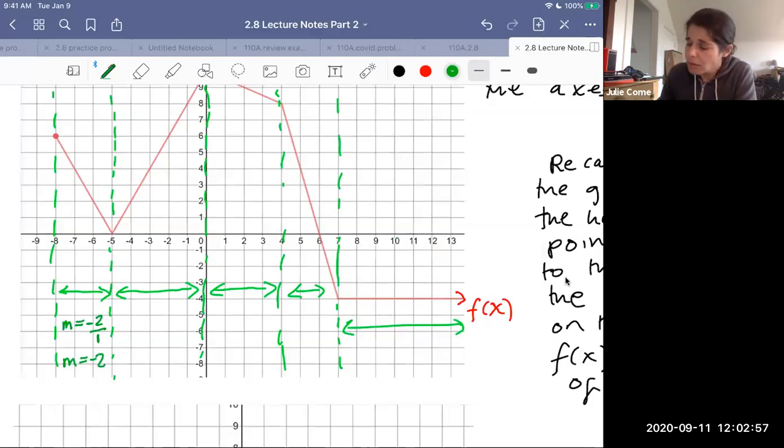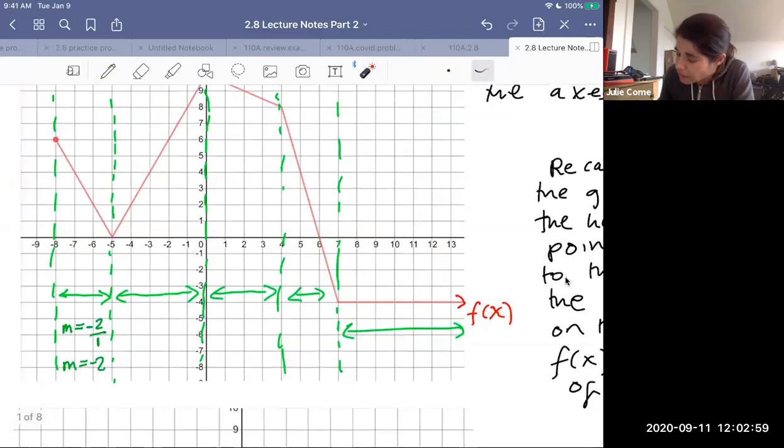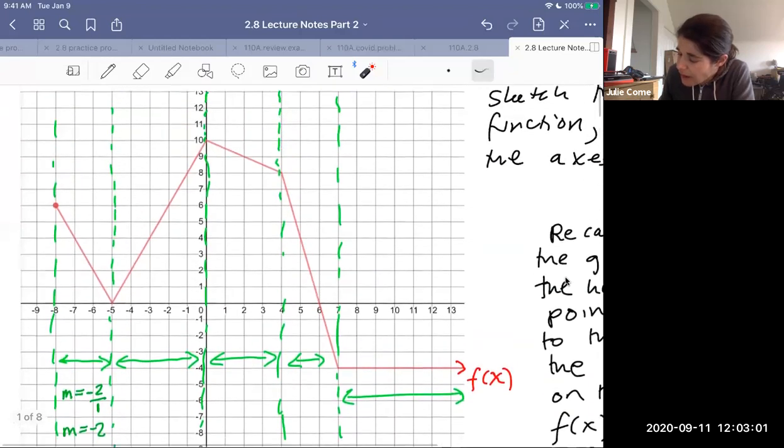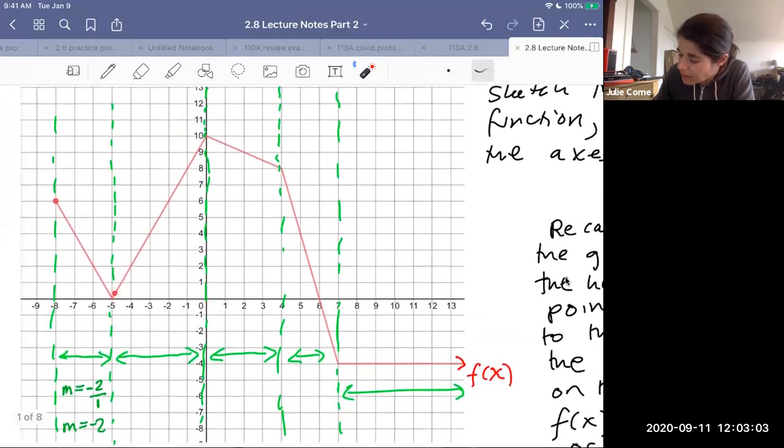All right, well, let's do the same thing for the interval of x values from -5 up to 0. Again, since it's a linear function on here, I can assess the slope at any 2 points on here. So I'm just looking for places where it goes through a corner. And it looks to me like here and here will do the job. And it looks like we go up 2, right 1. Up 2, right 1. All right, so that would mean here the slope is equal to